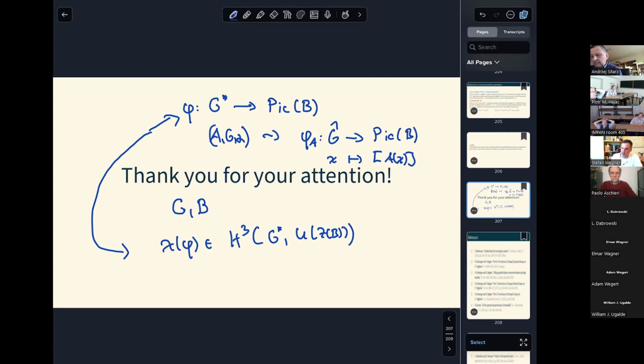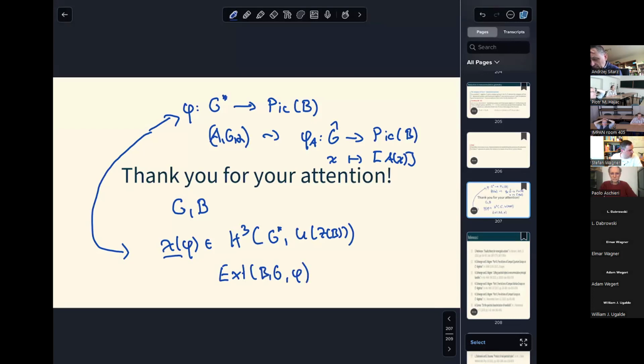And if this class vanishes, then there exists such a free C-star dynamical system with this Picard homomorphism. And then you can show that the extensions of B by G with Picard homomorphism phi,